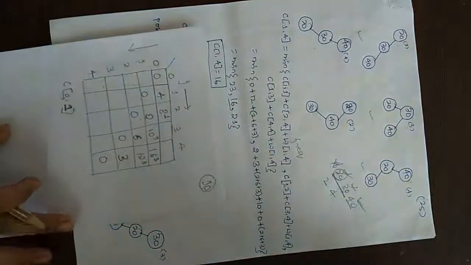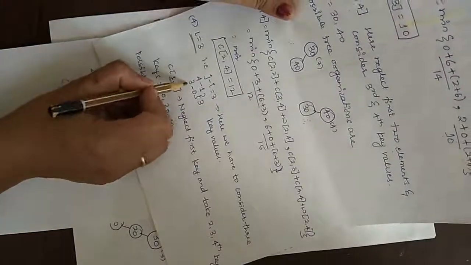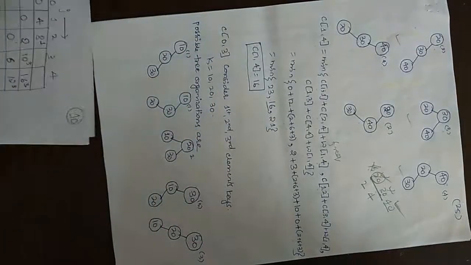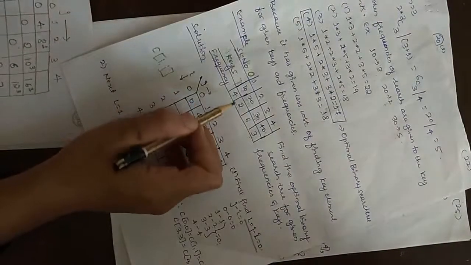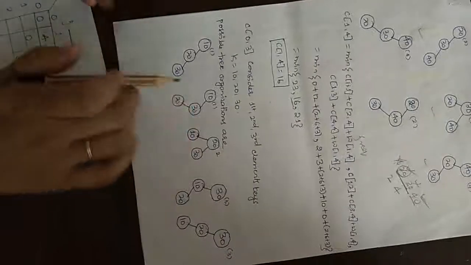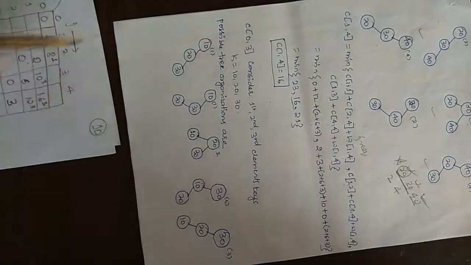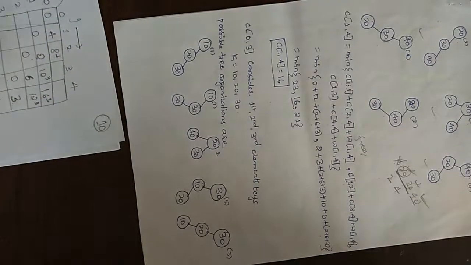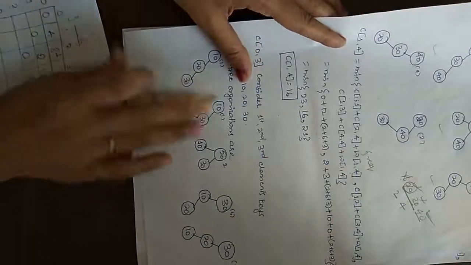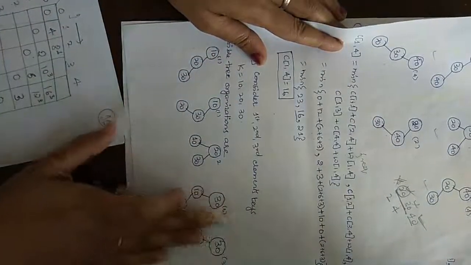Okay, so after finishing 1, 4, next I am having 0, 3. So C of 0, 3. For C of 0, 3 what does it mean? It means neglect the 0 terms, means before, and consider till 3. So 10, 20, 30. I am considering 10, 20 and 30. Again for that I am going to get 5 tree organizations. So for that we will write the terms again. Even though we are having 5 trees, 5 terms will not be there. 10 and 10 roots, this will be considered one part. 30 and 30, this will be considered one part, and this is the other part. So for this I am writing.